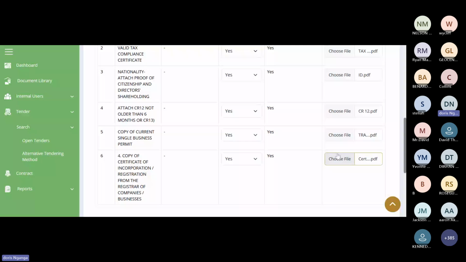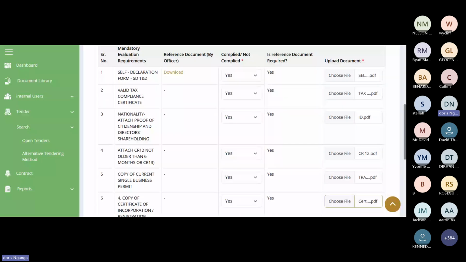Let's say, for example, as you are attaching the document, you realize, for example, number 2, valid tax compliance, you have attached the wrong document. So you'll just come back here and attach the right document. Once you attach it again, it is going to disable the one that was there before. So let's say, for example, on tax compliance, I came and attached a trade license.